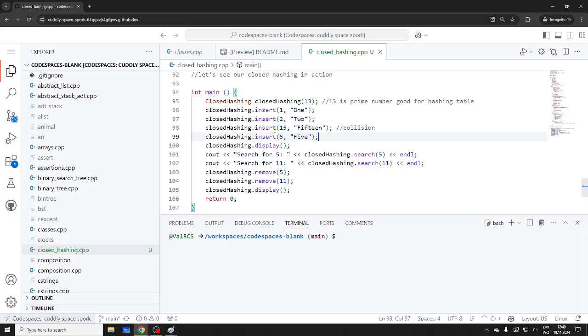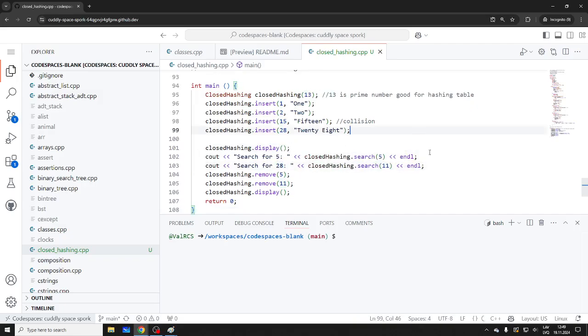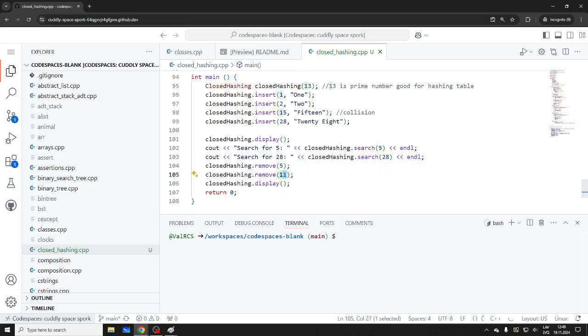No, 5, 28. I wonder if it's going to learn what I'm trying to do. It's not 28. Okay, it knows that much, right? Let's do one. It's going to do 41. Nope, it still wants to do 5. Okay, right. Search for 5 doesn't exist. Search for 28, right? Of course. And let's see if we can finish this. Right, and remove 5, 28. And let's see this.